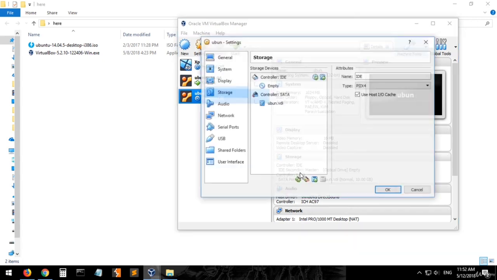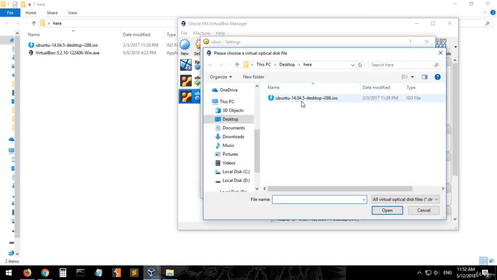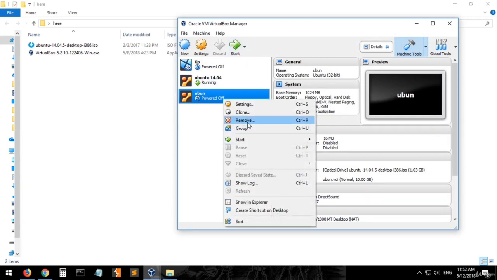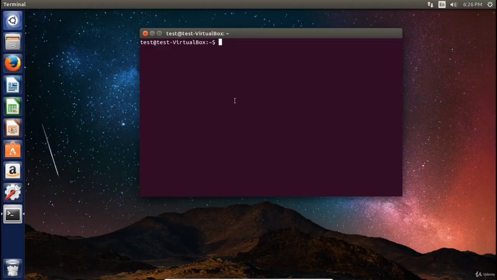So this is storage. You choose what you want from here. Now I am okay. Now just click start, and all of this will run, but I already have it on. So okay, this is what we have now. This is the work we have done right now. We have downloaded all that we need.